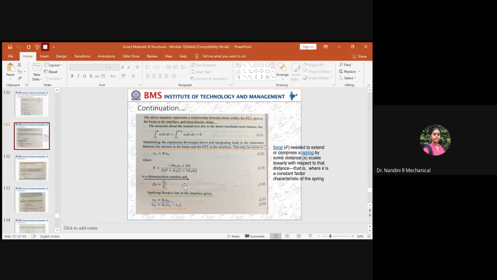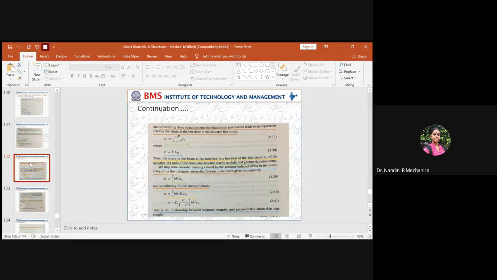In this dimensionless number, you had a term called E suffix R, which helped us figure out the ratio between elastic modulus of the actuator to elastic modulus of the structure. After that, you applied Hooke's law to get the equation you have used before, that is the relation between the stress across the structure to the strain and stress across the actuator to that of the strain. Once this is understood,